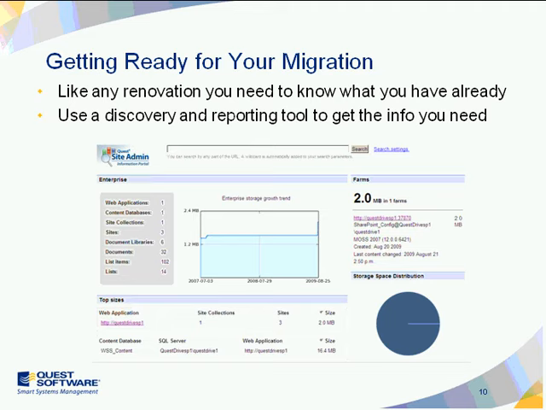This is an example of the information portal in Site Administrator, for example. That will basically show you how many web applications, content databases, and site collections you have across your organization, how it's been moving forward, whether it's active or inactive. And you can finally create those clusters of active SharePoint environments and say, okay, these are the 8 that are really big. I didn't realize how much they're being used, but let's start with those ones. And these other peripheral ones, maybe some we'll leave in place. Other ones we'll bring back into the new organization.